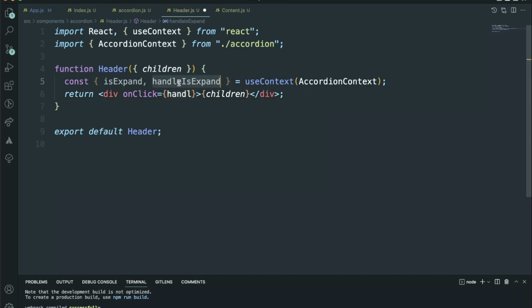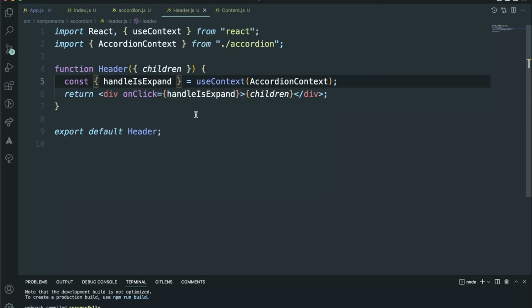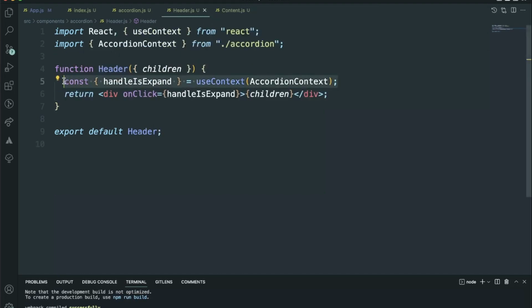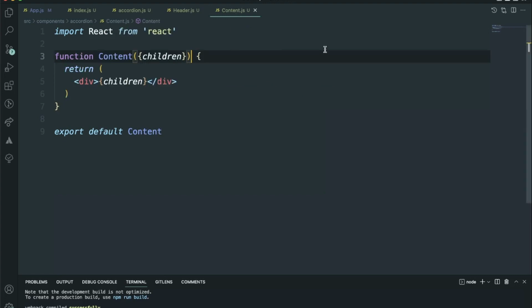I don't know why my VS Code IntelliSense is not working. And now this is how the header part is going to look. Similarly, we are just going to have this in the content as well. Inside the content we can have